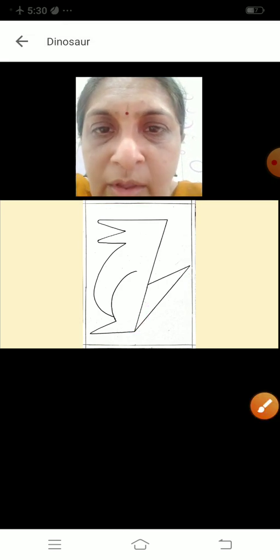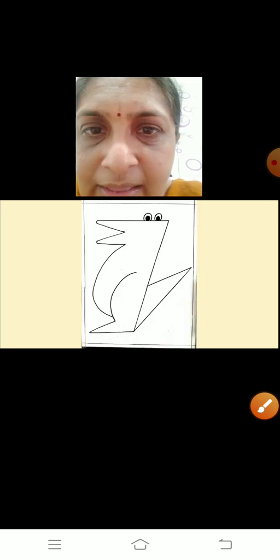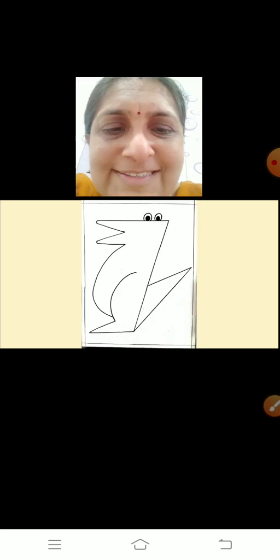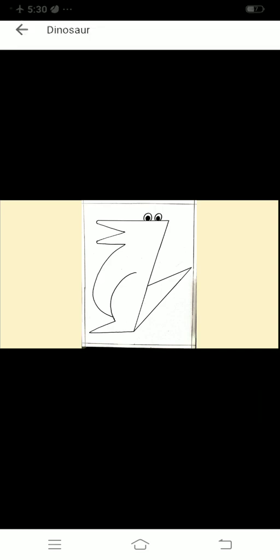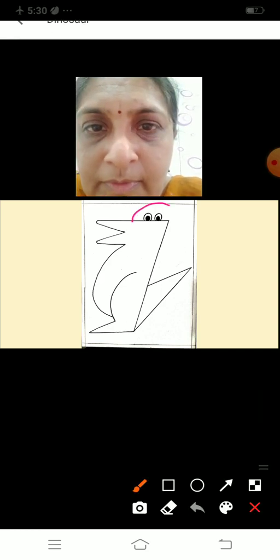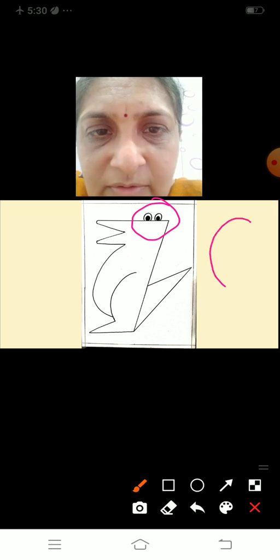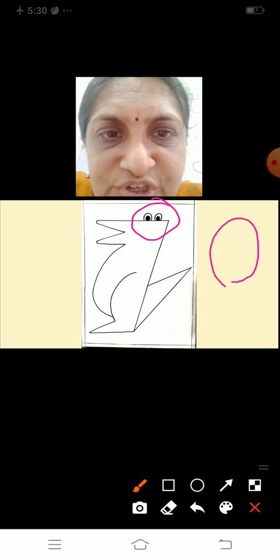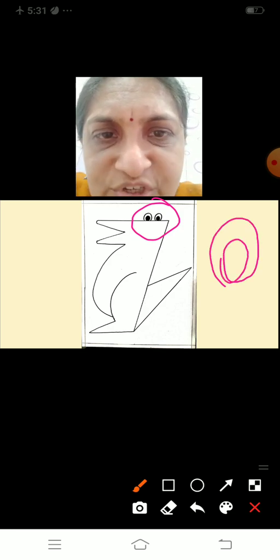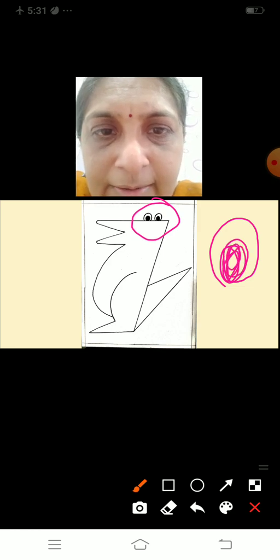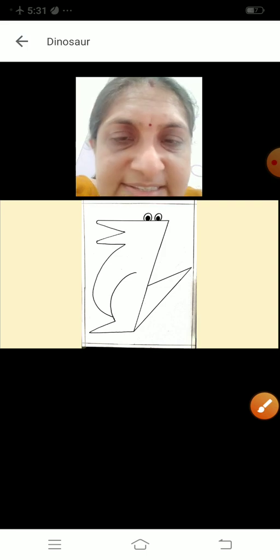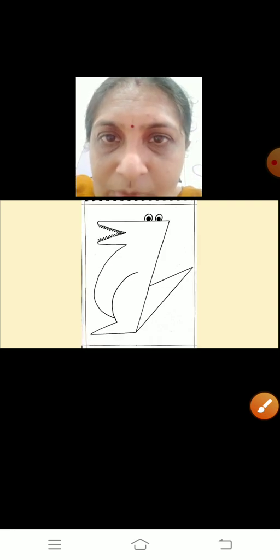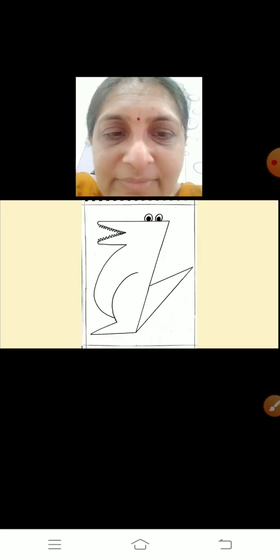Now, big eyes, big eyes for the dinosaur. Can you see here? Just make one oval shape and then inside one more oval shape and then color that black. So two eyes over its head. Now sharp teeth.